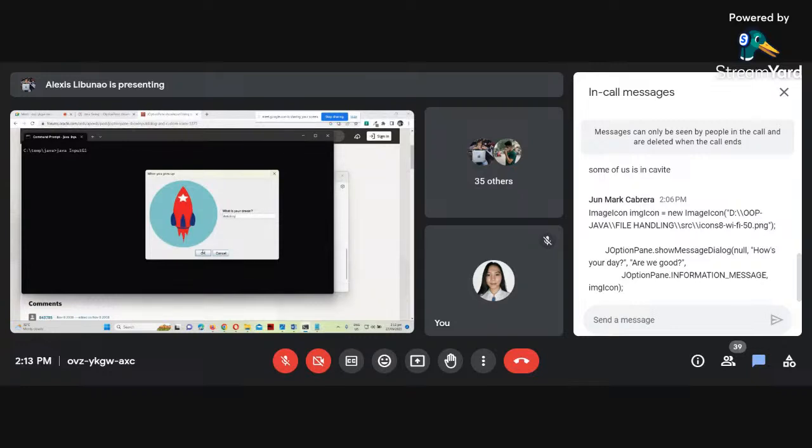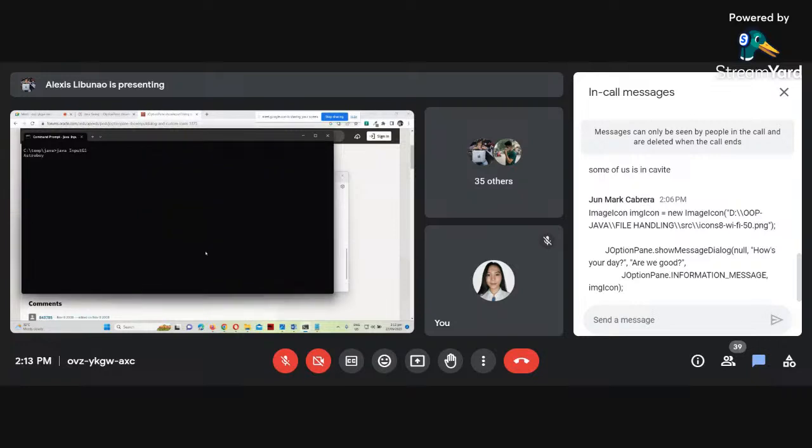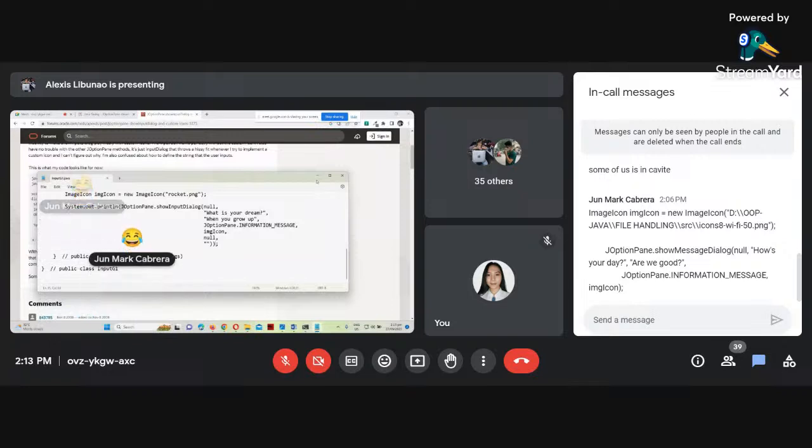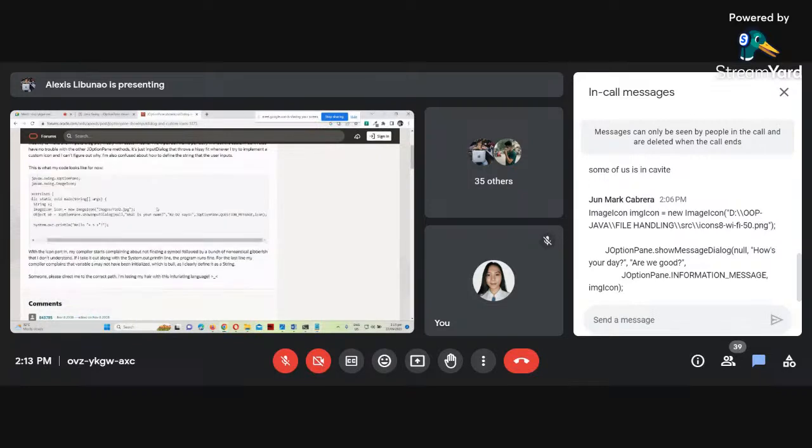So if I'm going to click OK, yeah, it printed out a string, but it requires an object. Interesting. So this one is an object. Can you see it now in the example? Yes, sir. Yeah. So what I will do,